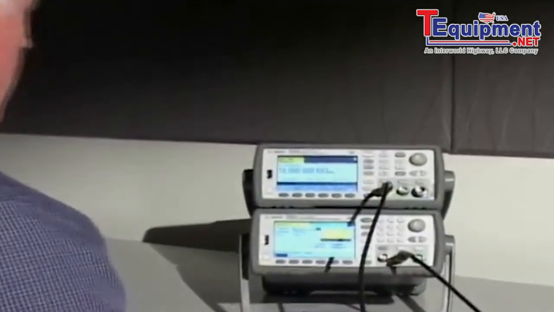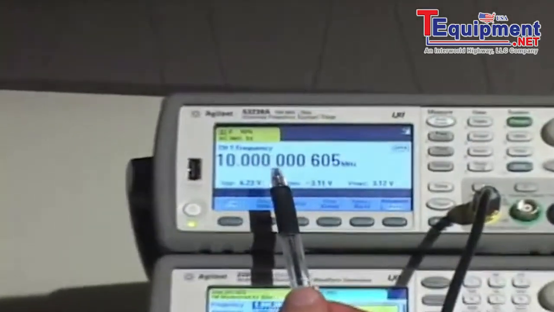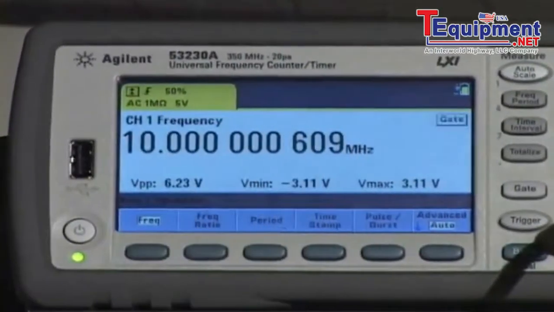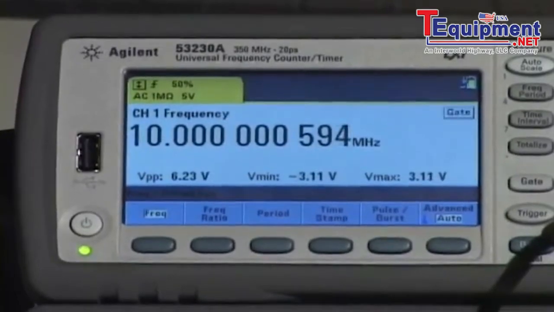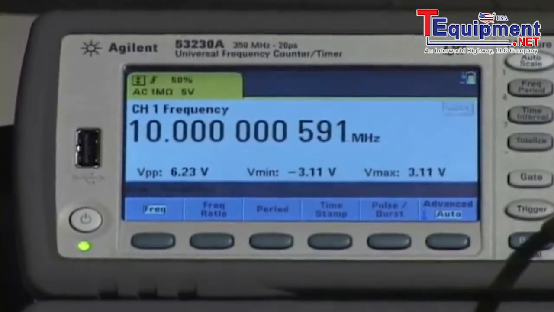Hi, I'd like to show you another unique feature of the Agilent 53200 series counters. The use of the math function limits, and combining that with both the front panel numeric display and the trend chart. As you can see on the screen, a 10 megahertz signal is introduced, and I want to measure over time how